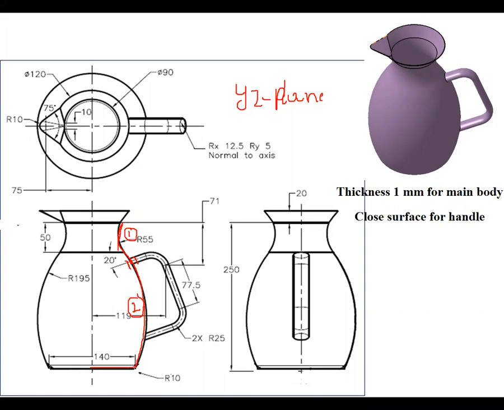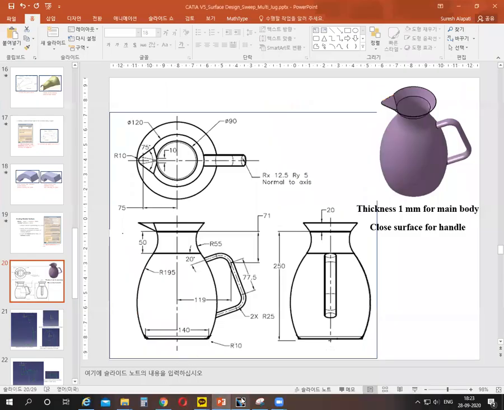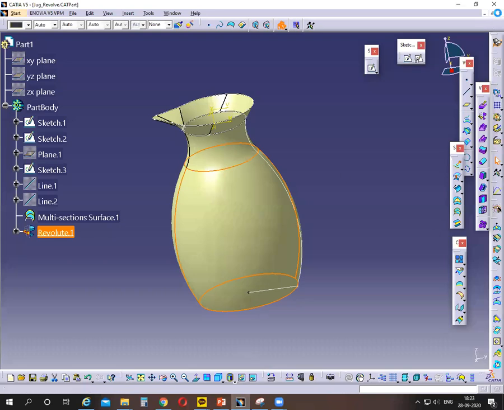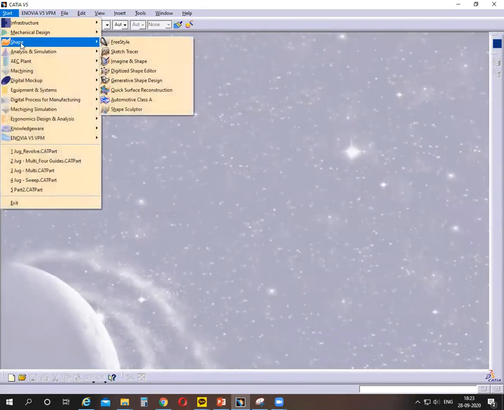And we can join this arc to the vertical axis with a line, okay? That is for this revolve surface. We have to revolve this sketch around this axis, so then we can get the bottom surface, okay? So let's get started with CATIA. So I close this one and start generative shape design,